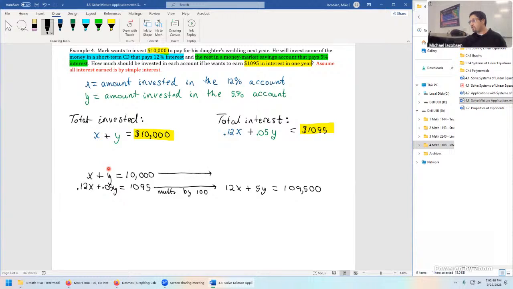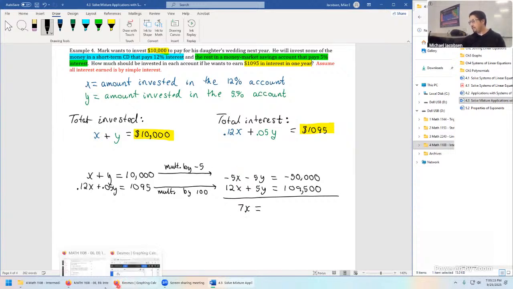So this equation transfers over here where we multiply by -5, both sides. So we'll get -5x minus 5y equals, now this is -50,000. We're ready to go with the addition method now because variables will eliminate. The y variable is eliminated. So tally these up and we get 7x on the left